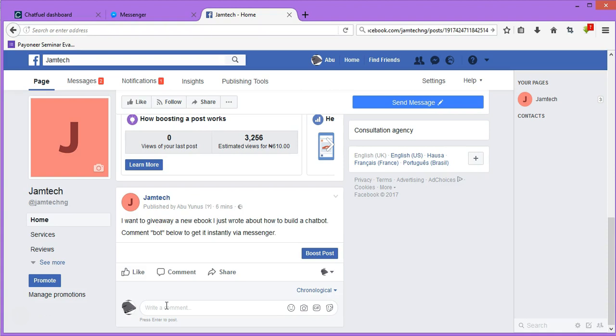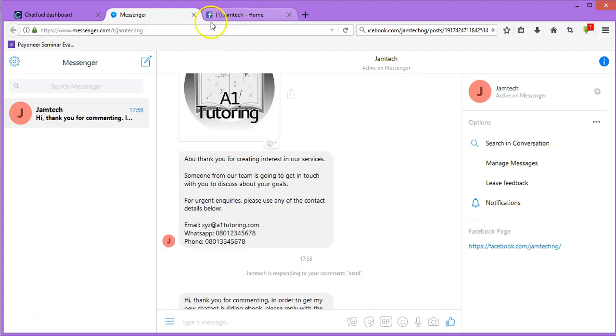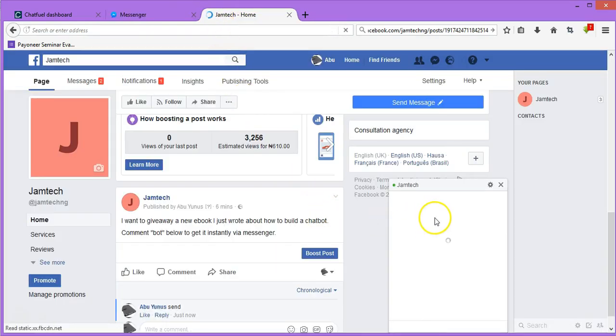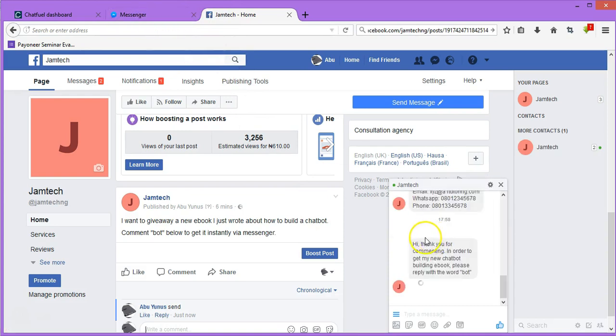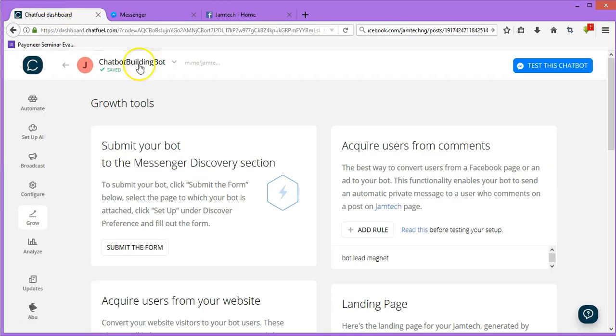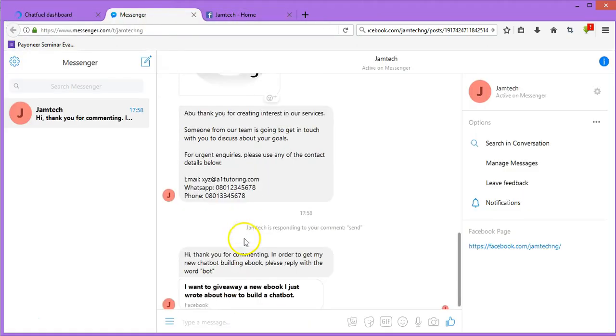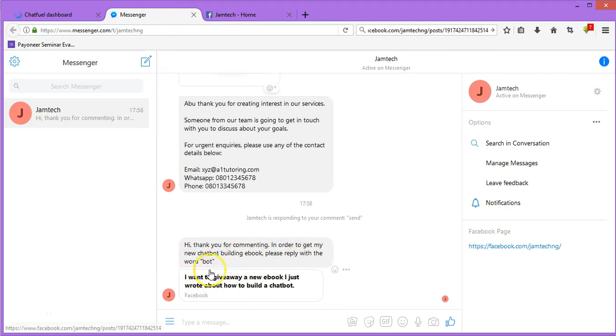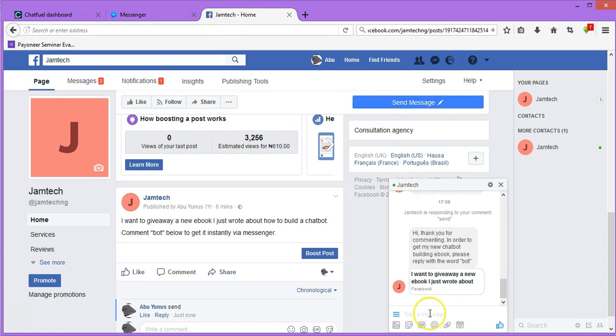I'm going to comment with anything, like I'm interested or send. If I click on this, let's see what's going to happen. The bot sends me a message immediately. As you can see, it's loading here. It's already loaded. It says, thank you for commenting. In order to get my new chatbot building ebook, please reply with the word bot. That is what we set up in this acquire users from comment rule, and it's also here. Now if I type bot,